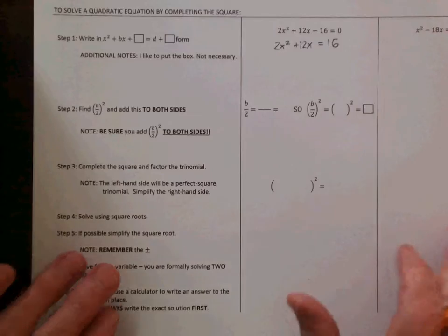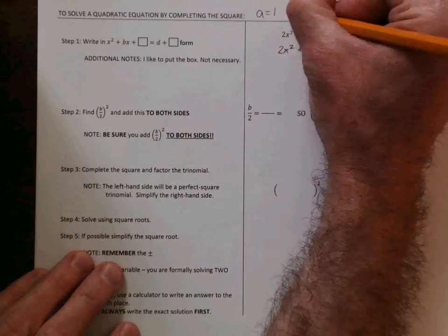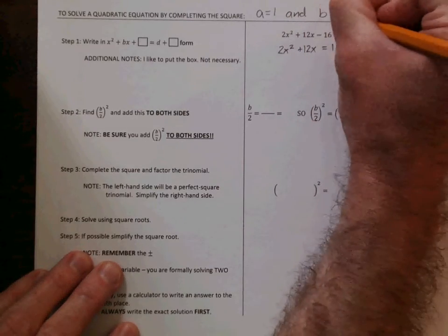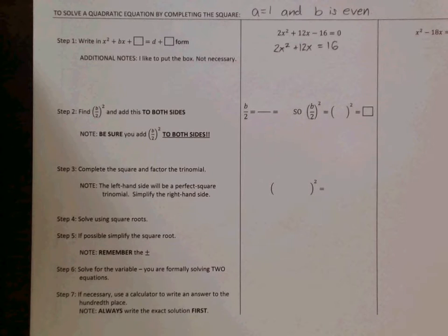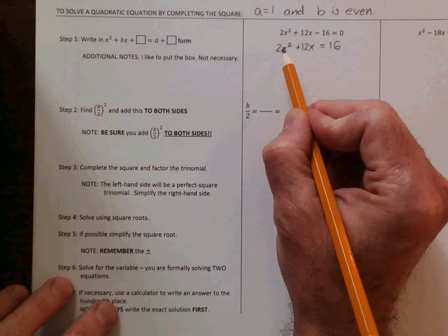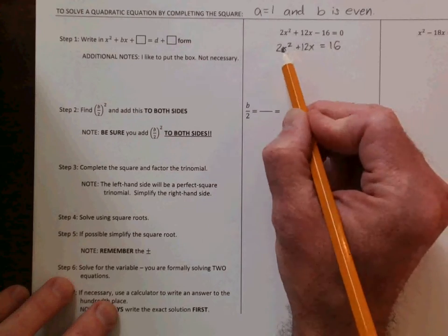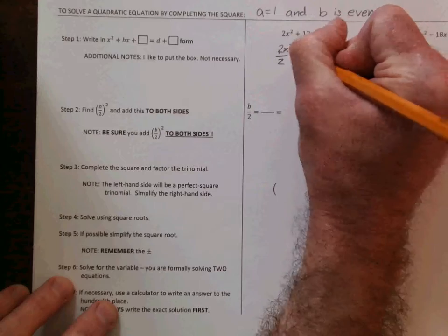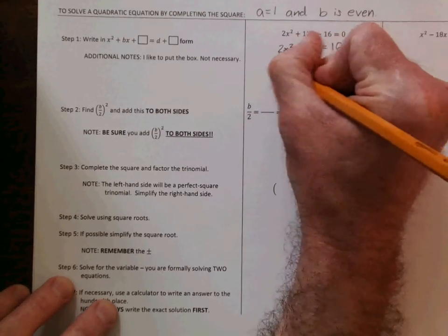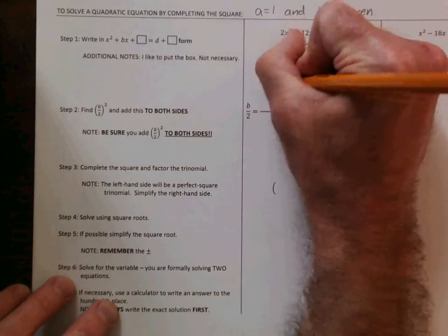Now, I stated before, I like for a to be equal to 1 and b to be even. Immediately I see a is not equal to 1. However, I see here 2x squared plus 12x equals 16. All of these are divisible by my a. So I'm going to divide every term by 2. And I will get, no longer 2x squared. I'm going to get